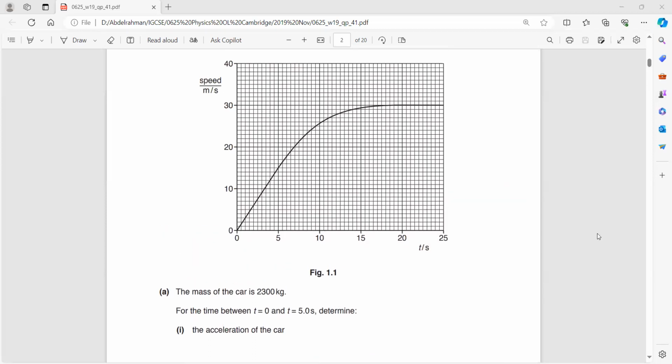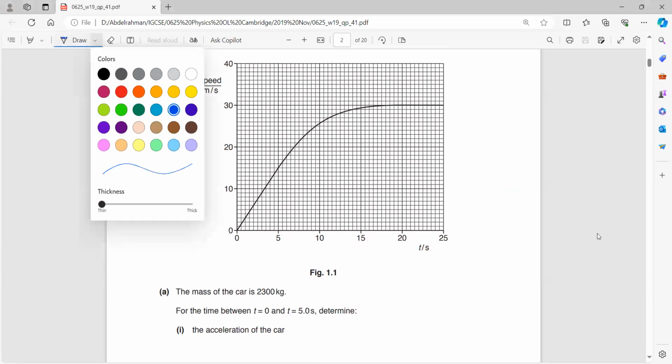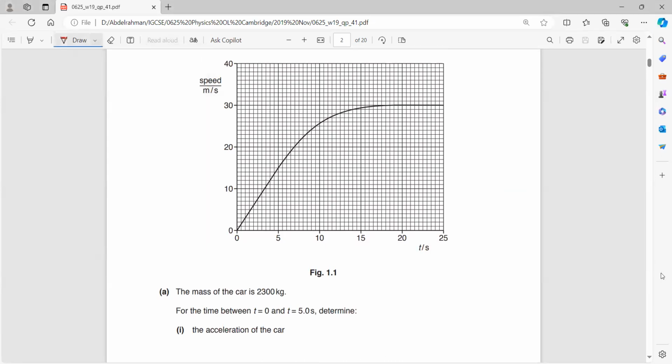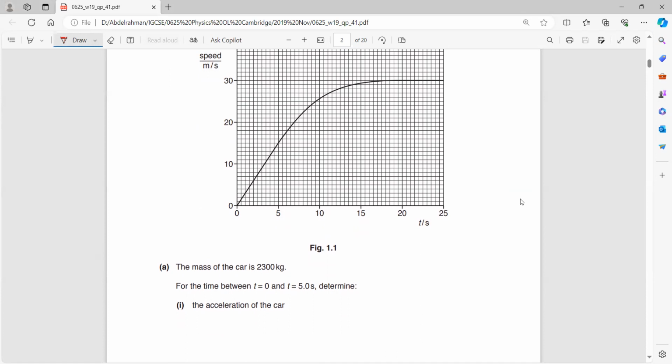How can I find the acceleration of the car from this graph? ممكن اطلع acceleration ازاي؟ حد يفكرني. يلا شباب قولوا لي. هنعمل V minus U over T. طيب in the first 5 seconds، for the time between 0 and 5، V minus U over T هيبقى يعني slope. Can I find the slope using the 2 points on the graph؟ يعني is it a straight line ولا لا؟